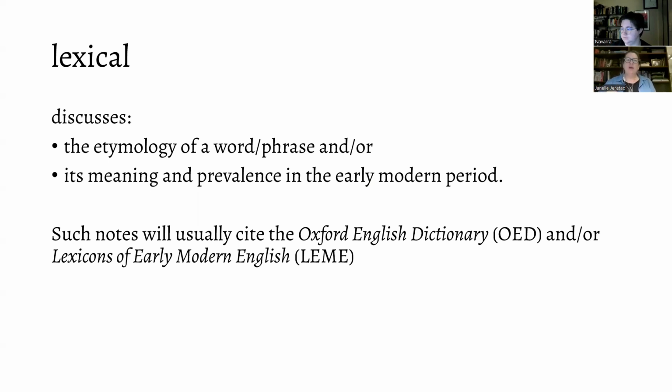So a word that would have been hard and new in the early modern period is well known to us today. One example is the word tyrant, which is relatively new in the 1590s, but is of course well known to us now. And conversely, there are words that have dropped out of use or changed in meaning that would have been well known in the early modern period. So it's good to be able to flag that for readers.